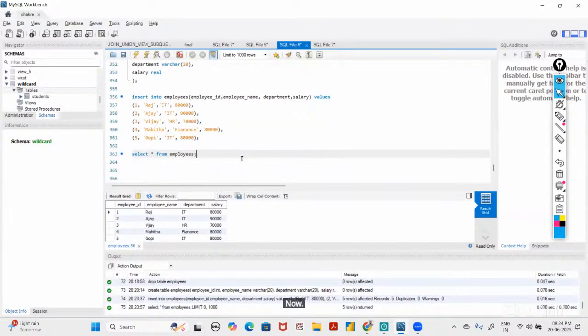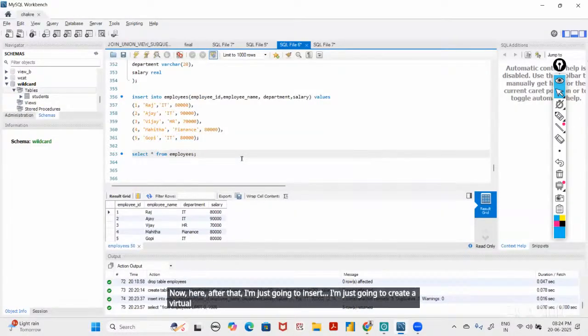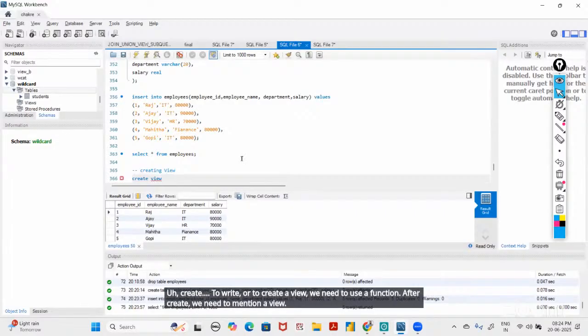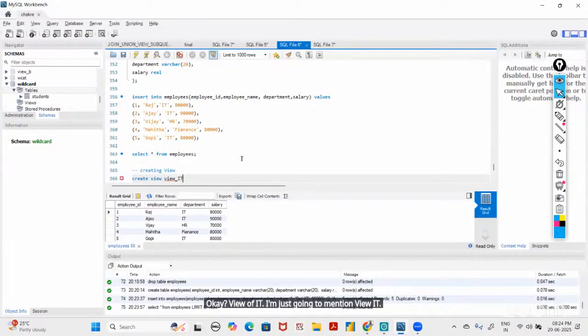Now I'm going to create a virtual table. Let's understand how to create a view. To create a view, we use the create statement, and after create we mention view. I'm going to mention view IT, and I assign a query for this, which is select